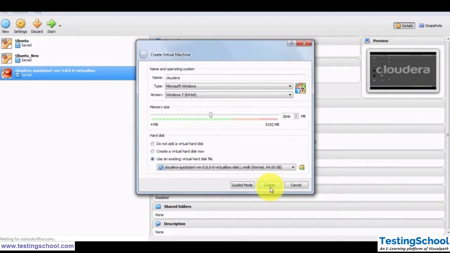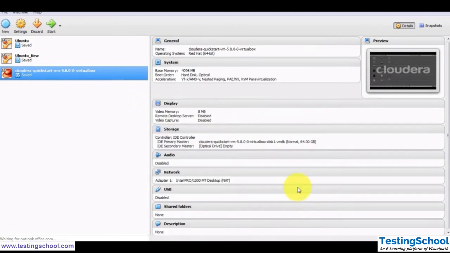So this is how you can install your Cloudera setup on your Windows machine. I have already installed it, so I'm not going to install it. So I'm going to cancel it.